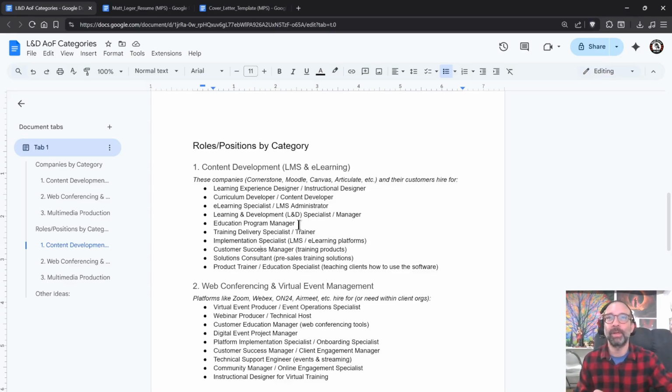It's for an education program manager. Or maybe it's some weird combination like education product trainer or curriculum specialist, right? But just having those keywords in there will alert the agent to send you an email. So you could get really technical with it, but I think that needs to depend mostly on what kind of results you're getting. Because like I said, if you're getting good results, then you're fine. You don't need to get more granular than that. You don't need to refine your process more than that. It's good enough. If you're not getting results, this could be the differentiator that you've been looking for. This could be what sets you apart.